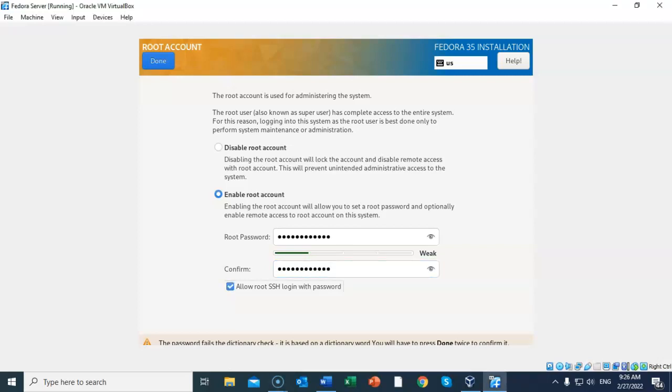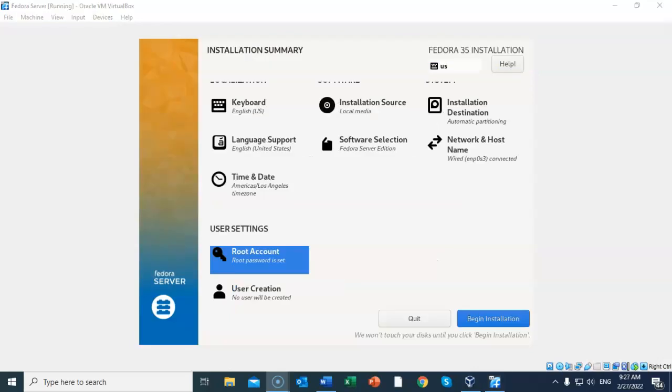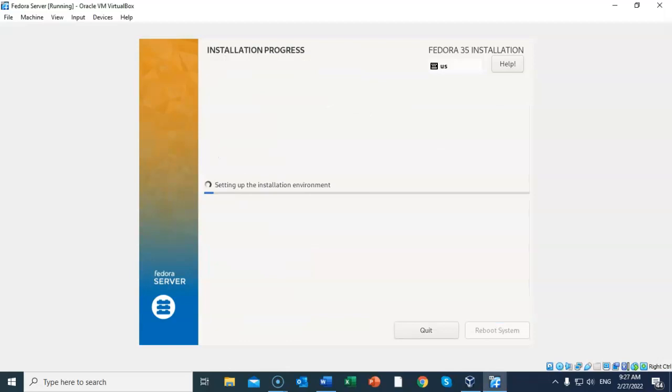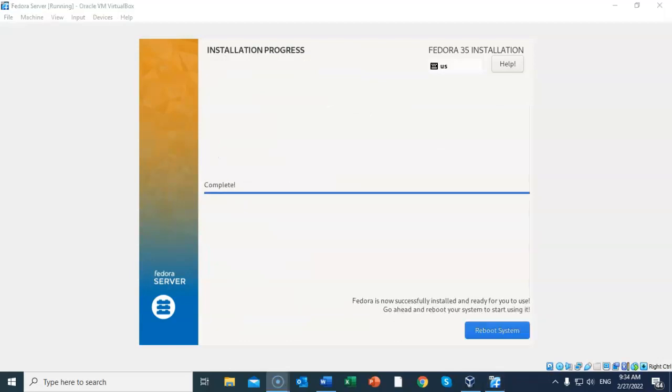When you're done there, return to the upper left hand corner of the screen and click on Done, and click one more time. Once you've done all that, you can begin the installation. Go on down to the lower right hand corner of your screen and click where it says Begin Installation. Once the installation process is complete, we can do a reboot of the system, but before we do that, we